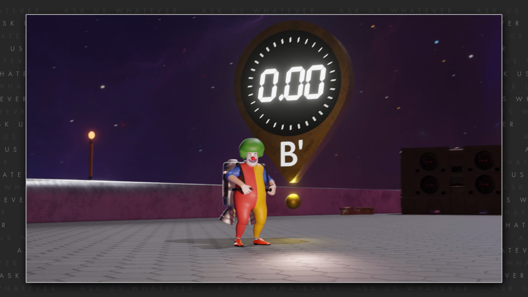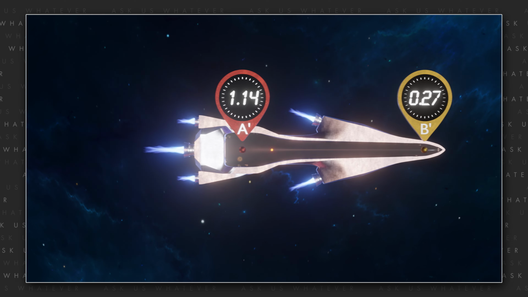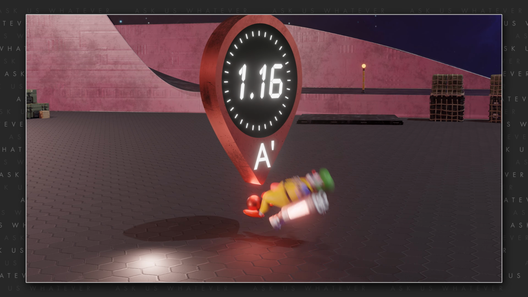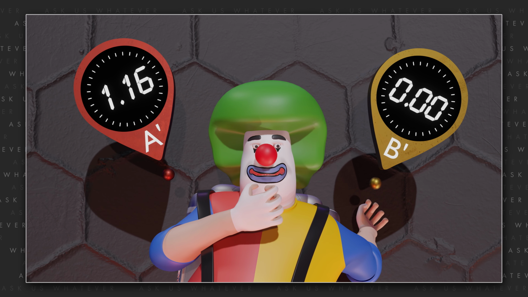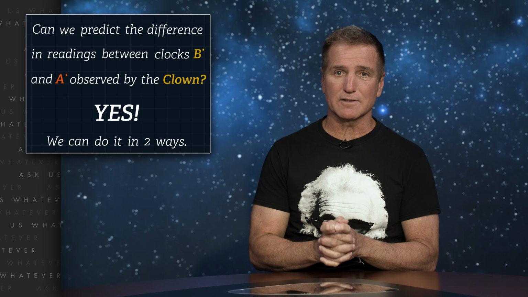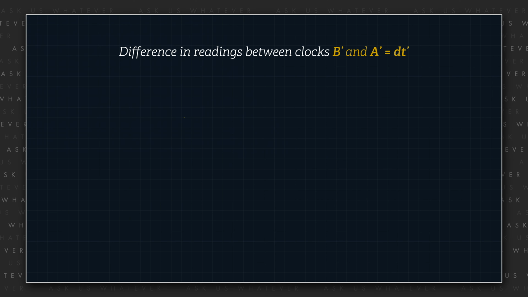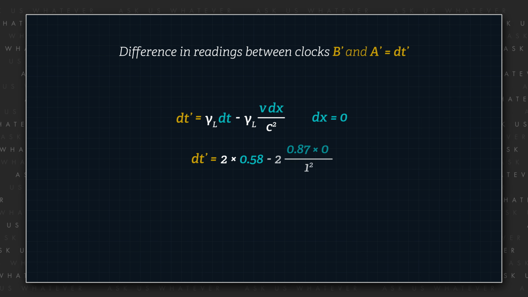However, if the clown were to strap on a rocket pack and hover in space while clocks B prime and A prime were to whiz by, the clown could observe the difference in readings reported between clocks B prime and A prime. So, can we predict the difference in readings between clocks B prime and A prime observed by the clown? Yes, we can do it in two ways. The first approach is by using the Lorentz dt prime transformation: gamma times dt minus gamma times v times dx over c squared. Since dx is 0 in our first scenario, dt prime is simply 2 times dt,